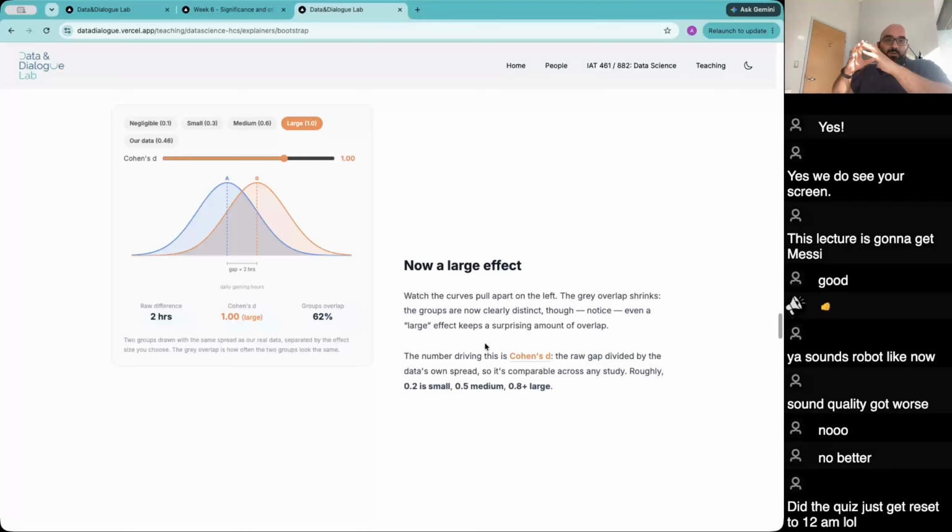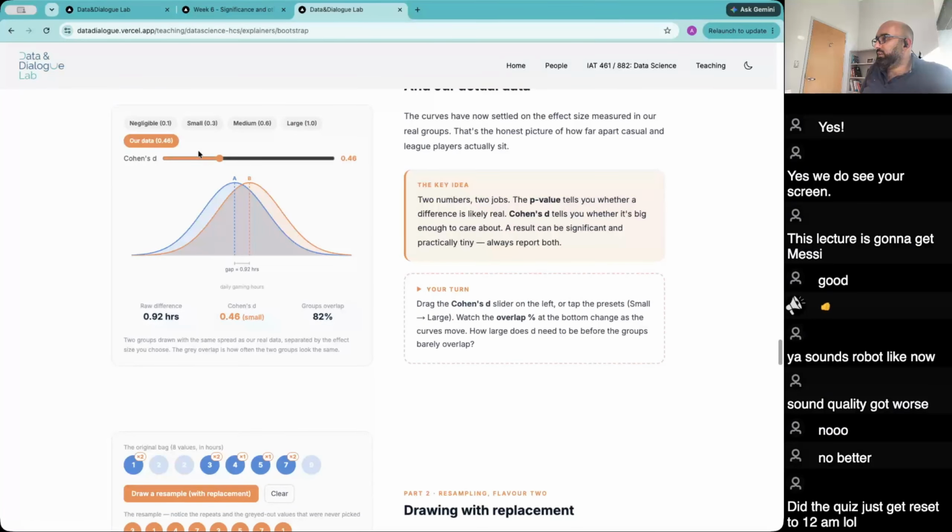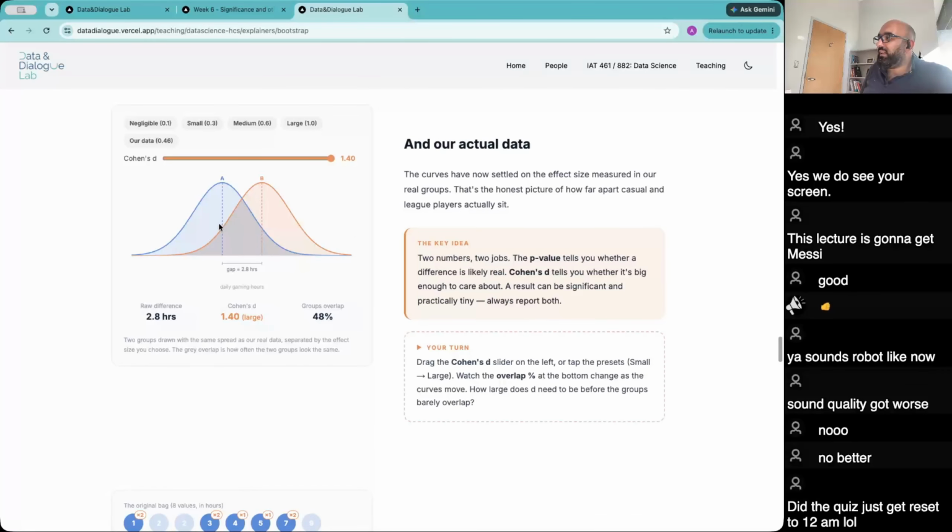You put everyone together, look at how spread this is, that's the Cohen's d. So this is just like a rule of thumb. You can say, okay, the difference is large, the difference is medium, the difference is small. So you can look at Cohen's d and see how that might work based on the variability within your data. So p-value says, is this different? I'm reiterating, is this difference due to chance? The effect size tells you, is this difference meaningful? Is it big enough? You don't always use Cohen's d.